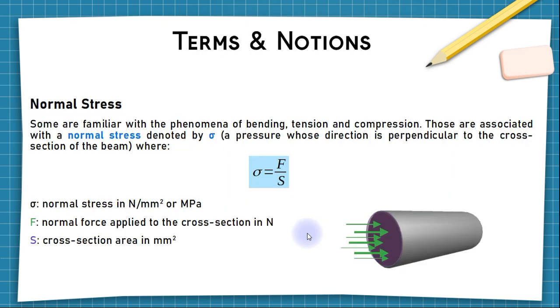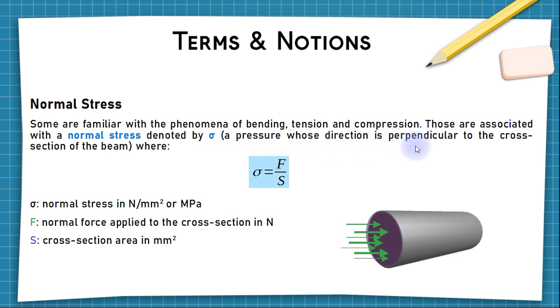So, we're going to start with our first terminology. And we have here this drawing of a normal stress. If you're familiar with the phenomena of bending, tension, and compression, you have this kind of normal force to the cross-section. We associate these solicitations with a normal stress denoted sigma, which is a pressure